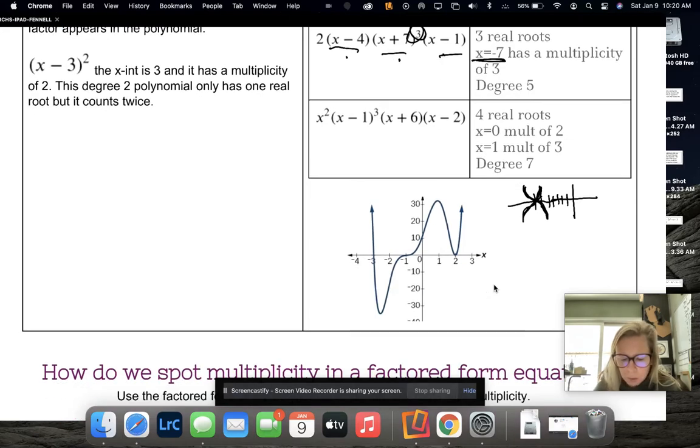Okay, so when we're given a graph like this, we're looking for any intercepts that don't look like they fully pass through. They might be a locator point or a vertex of some kind. So that's what we're looking for. All right, so when I look at this first one here, notice this just passes right through. So if we're reading this from left to right, we're decreasing. We decrease right through that intercept there. So that's just a single root. It counts for 1. So this would be x plus 3, and that's only going to count once